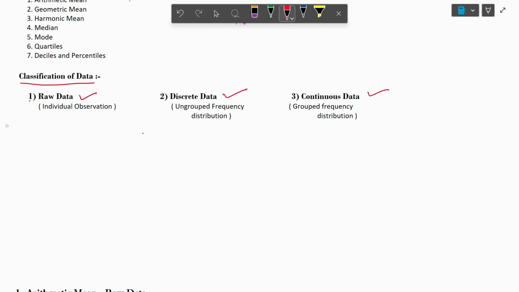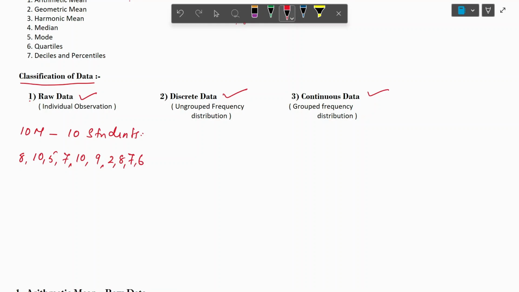For this, I'll take an example. In a classroom, a teacher has conducted a test for 10 marks for 10 students. After the test, the marks obtained were like this. The teacher has written all the marks: 8, 10, 5, 7, 10, 9, 2, 8, 7, 6. I have written the numbers randomly, that is, 10 students' marks: 8, 10, 5, 7, 10, 9, 2, 8, 7